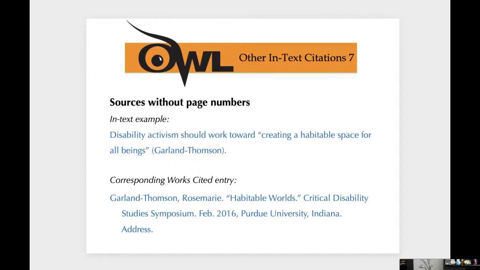I want you to also note that there are more slides, but there is also a lot more information at the Purdue OWL website. There's a sample paper with the sample Works Cited. There are explanations for each, because you need separate entries for an electronic version of a course text, then a print version of a course text, or if you're using one page on an overall website. There are different ways that you have to reference those works, and all of that is laid out pretty well in the Purdue OWL website. So make sure you're taking a look at that.